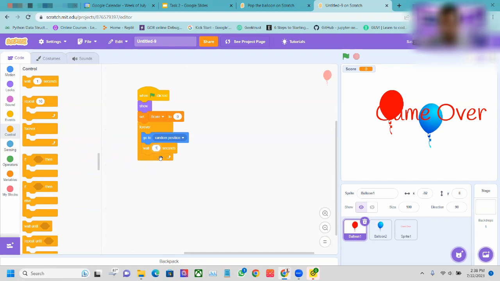Click this and type 1.5. So this is our first section, and this first section is completed. This is which will make the red color balloon move around in the stage area. So this is the code for that. After that, when the user clicks the red color balloon, we should reduce the score